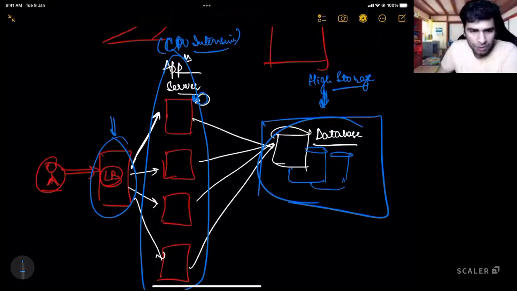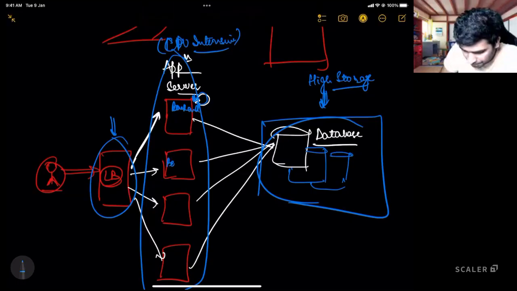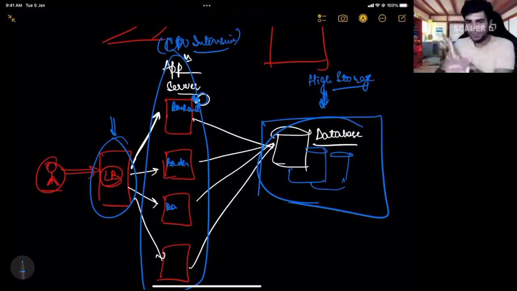Pariti has a question, not clear with the application servers. Pariti, application servers are the servers where the backend is running. Your Spring Boot, your Django is running. So these are the application servers where the backend code base is running. Yes, Ponuru, it is. You will learn all about that in HLD. Okay, cool. Now, that is what HLD is.